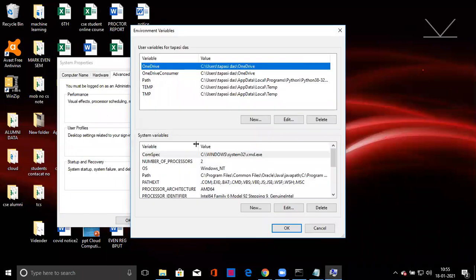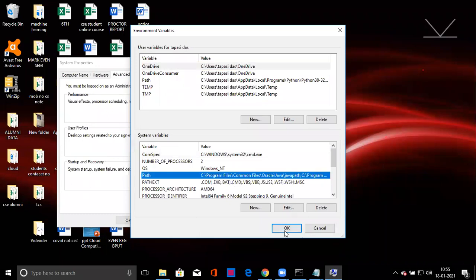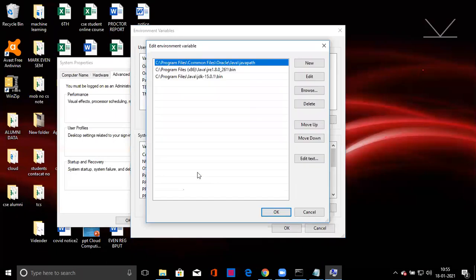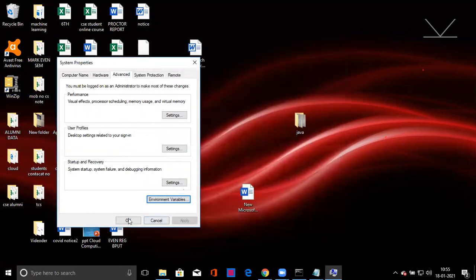After going to environment variable, then go to system variable. In the system variable, go to path, then double click on the path. Then here you have to paste the path, then click on OK, OK, OK.